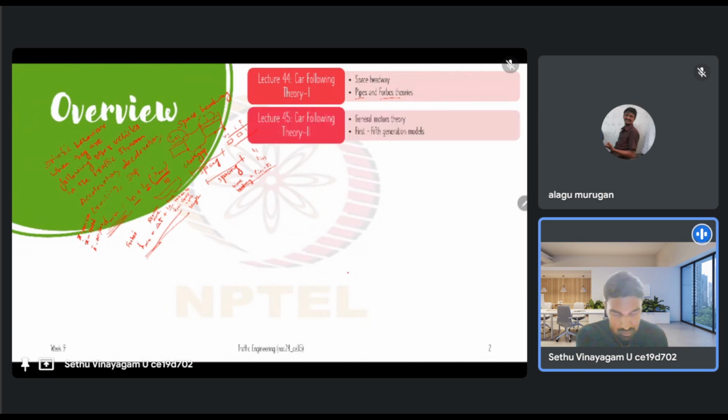So in the second lecture, we looked at a few more models. These were developed by the General Motors company. Their research group came up with multiple models, actually five different models, called the first generation to the fifth generation models. So what the GM models had was a particular